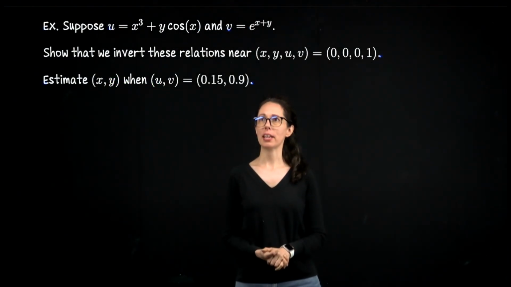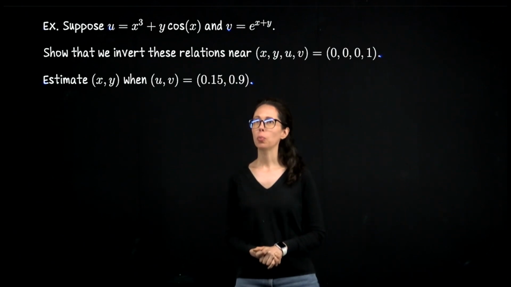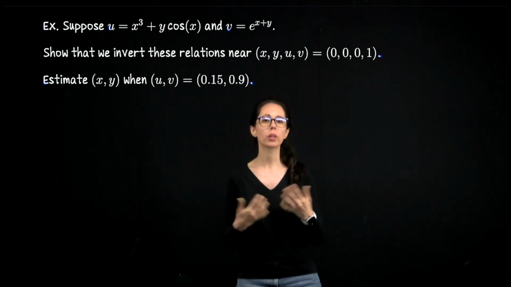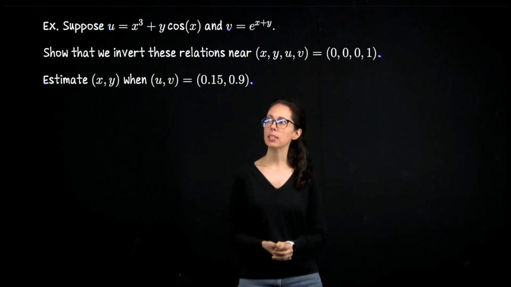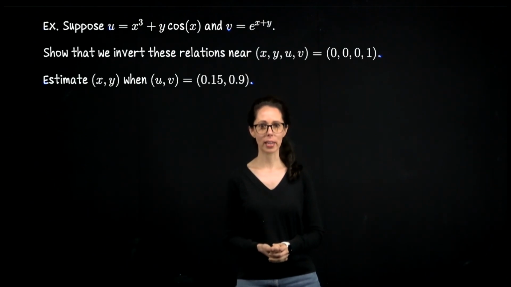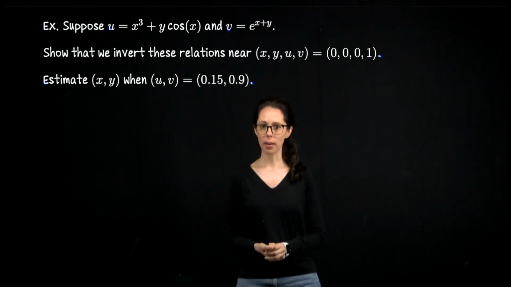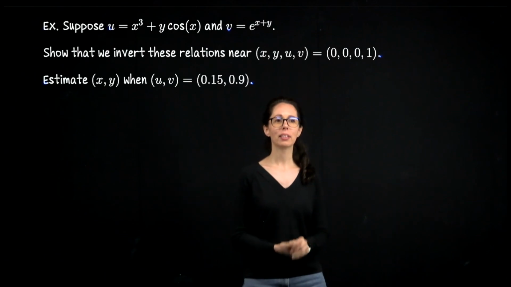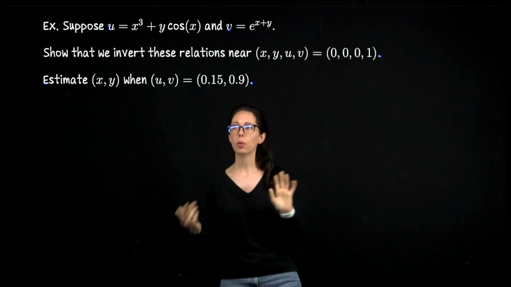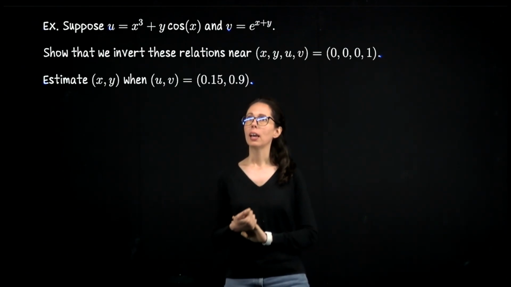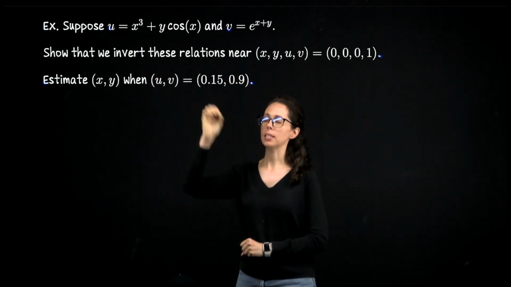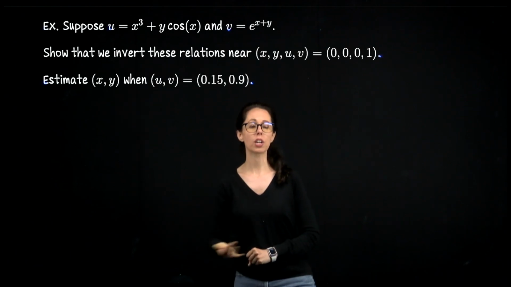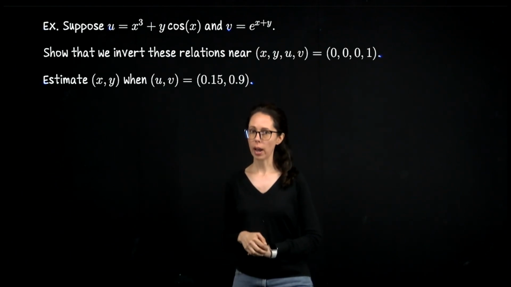Let's wrap up with this exercise. Here we are looking at some world where we have four coordinates, u, v, x, and y. U and v are defined here. U is x cubed plus y cosine x. V is e to the x plus y. You can check that the point 0, 0, 0, 1, equal to x, y, u, v, makes both of these equations true. We want to know if near that point we can invert these relationships, so that instead of writing u and v as functions of x and y,